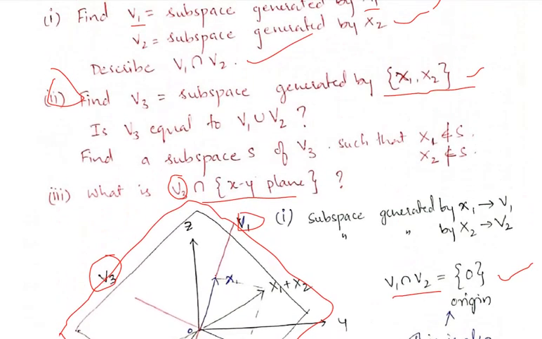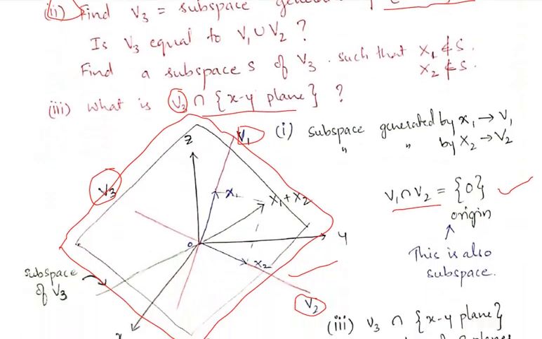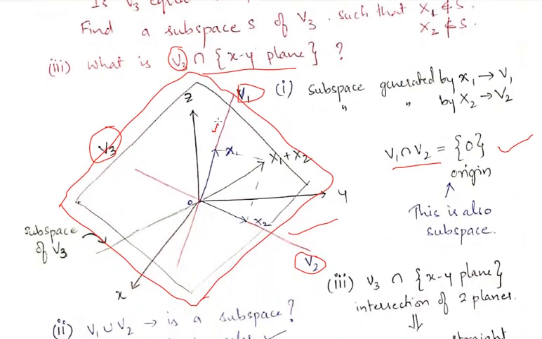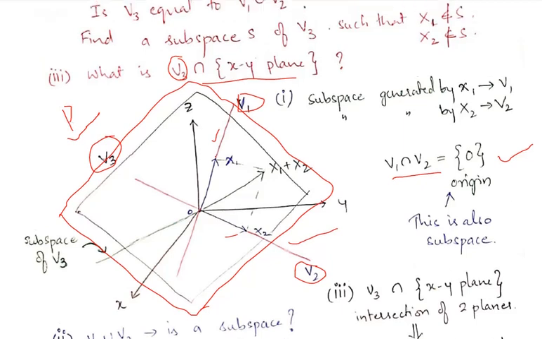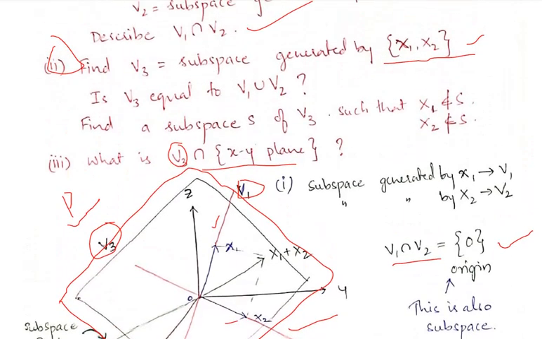So he asked us about subspace. We have drawn subspace for V1, that is a line subspace, and for V2, again a line subspace, and V3 is the combination of both V1 and V2, which are lying on the same plane. So V3 is a plane subspace. Remember, it is a plane subspace. We are done with the second question also. No, there are sub questions.